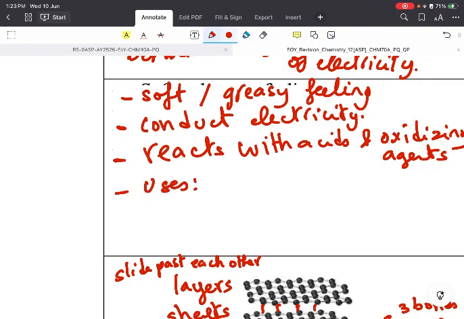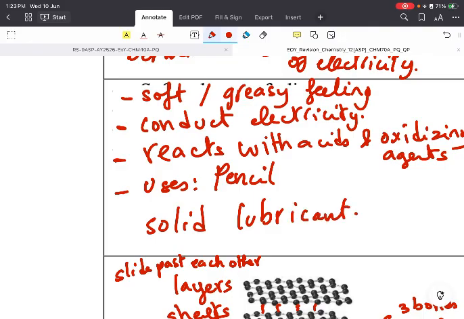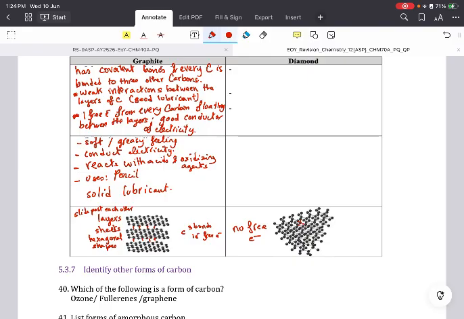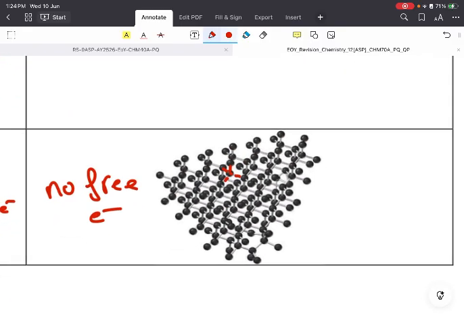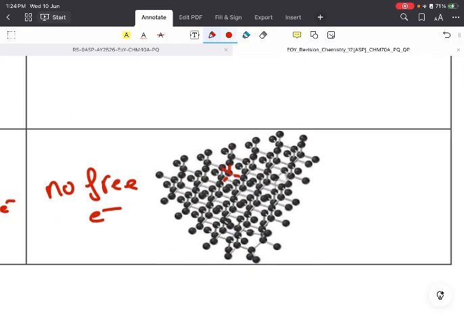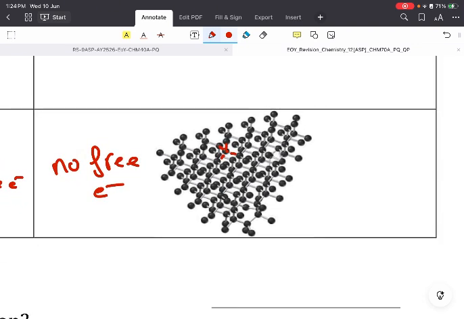So as uses, it's the pencils, okay? So the lead, if you touch the pencil, it feels soft. It's a solid lubricant because it's mixed with lead. The graphite is mixed with lead, so it makes it a solid lubricant. Now, if I look at the structure of diamond, also in the structure of diamond, I have, as I mentioned,